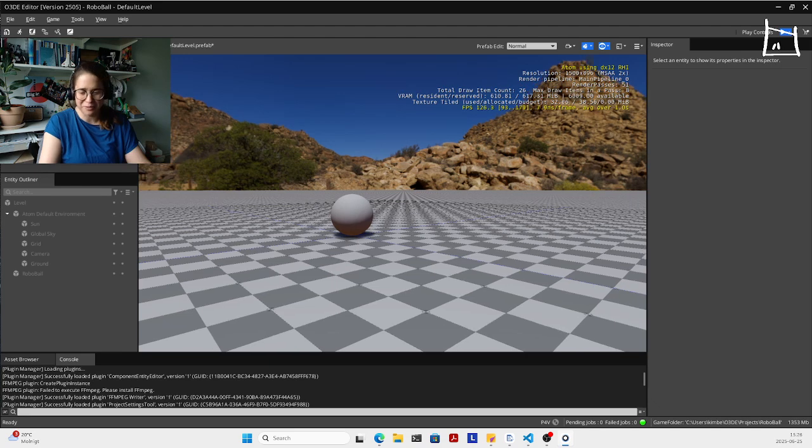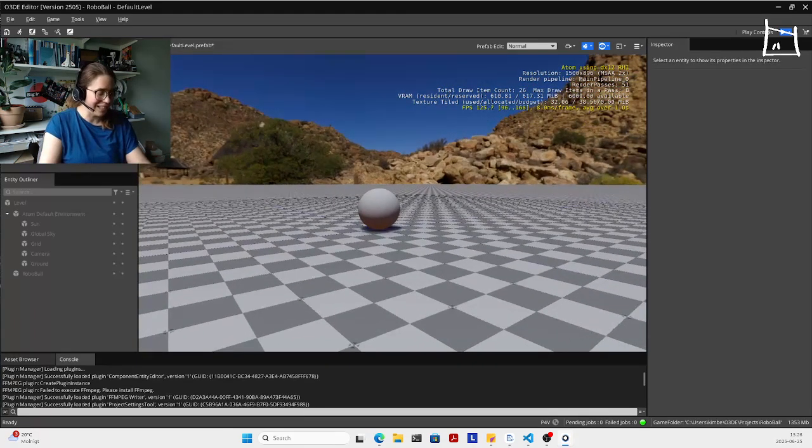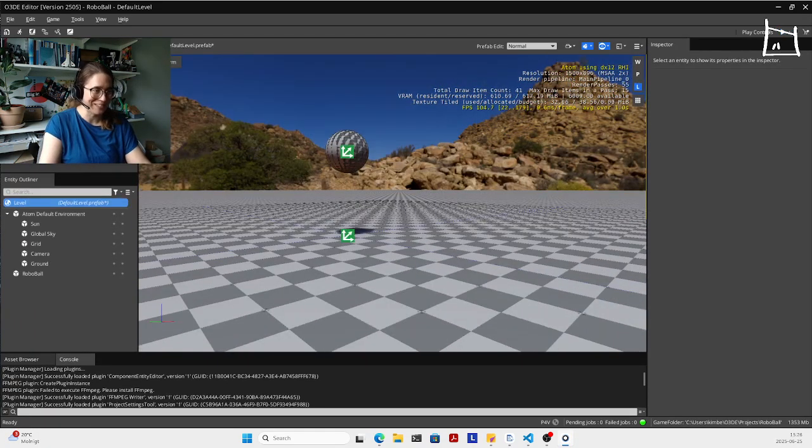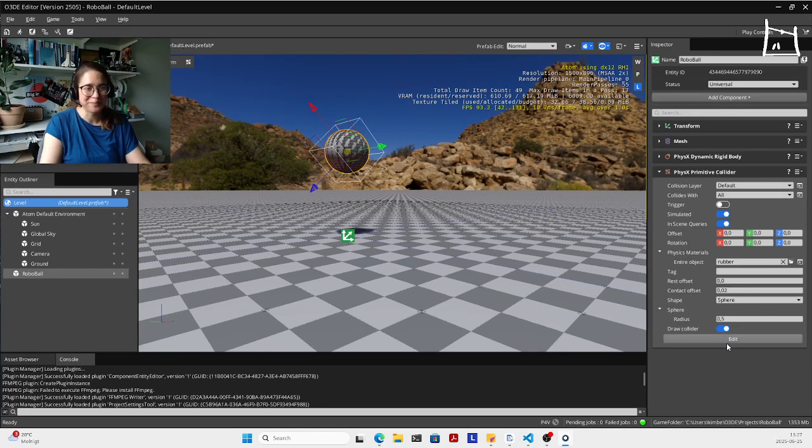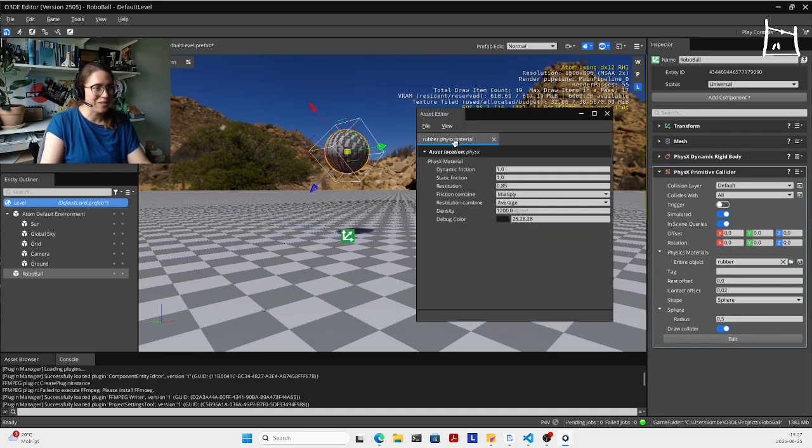Definitely a little bit more of a bounce, it seems, but I don't think it's bouncy enough, to be honest. I want it to be super bouncy, so let's add some more bounce to it. Here is the rubber material that I already have, and if I want to change some aspects of it, I can open it in the asset editor. Alright, so this is the rubber material. I would like to change it, for instance, to 0 for dynamic friction, so no friction whatsoever, and for restitution, let's do